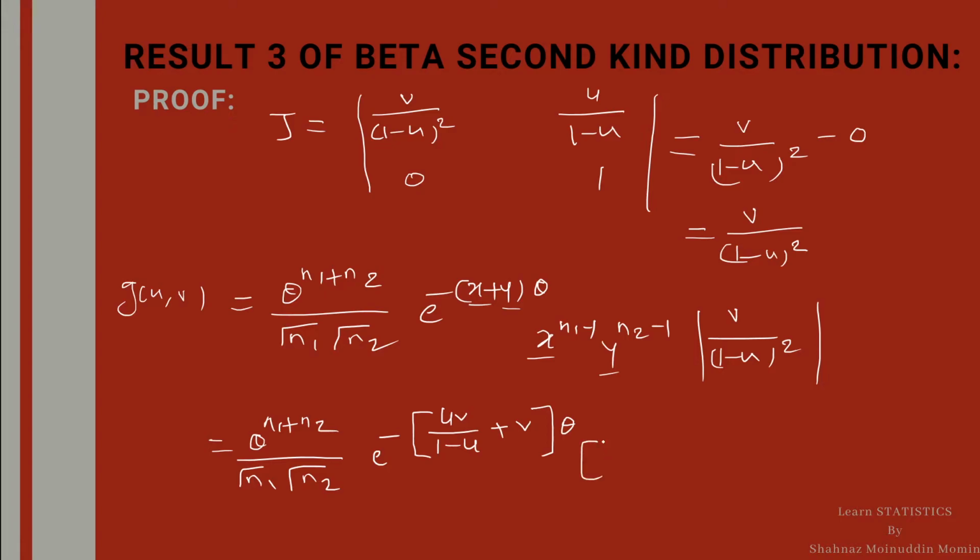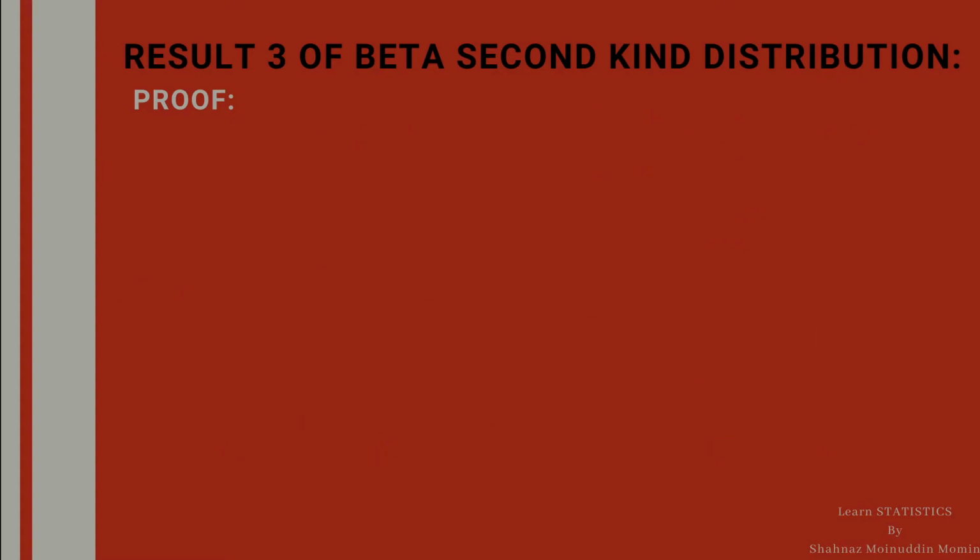Similarly, uv divided by 1 minus u raised to n1 minus 1, v raised to n2 minus 1, and multiplied by this v by 1 minus u whole square. After collecting the terms together, we get g(u,v) is equal to